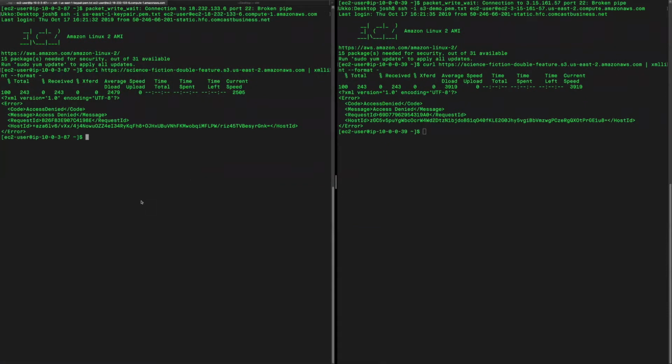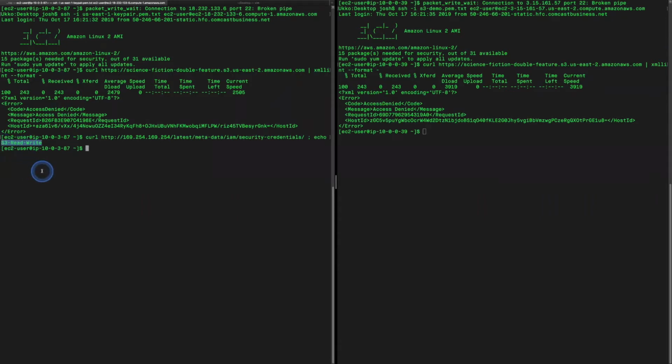I want to take a look at what IAM role I have on these different resources. So here I'm hitting the metadata service of EC2. I'm in an EC2 instance. My EC2 instance has permissions based on its IAM role, and I am now checking to see what is in, this is the metadata service IP address. I'm looking at the latest metadata for my security credentials, and I see enumerated here, there is an IAM role